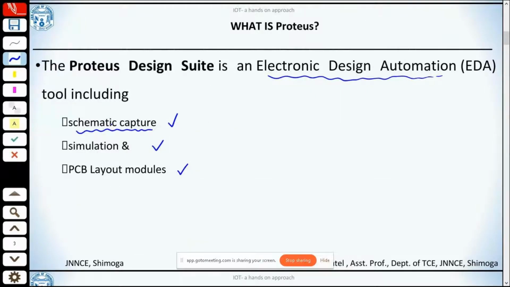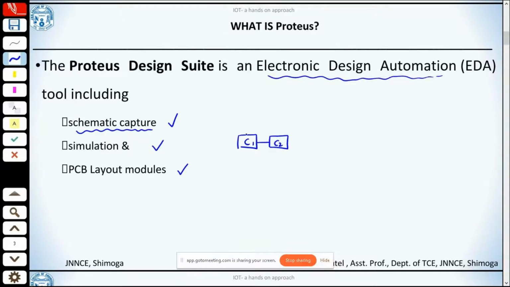So this is schematic capture, wherein we make use of all the components, followed by simulation. After connecting the components, let's say I connect component 1 with component 2, and I want to see the real-time working of this.